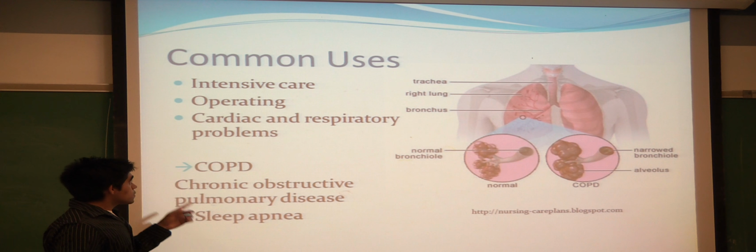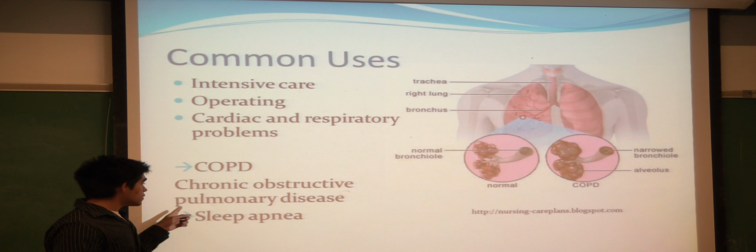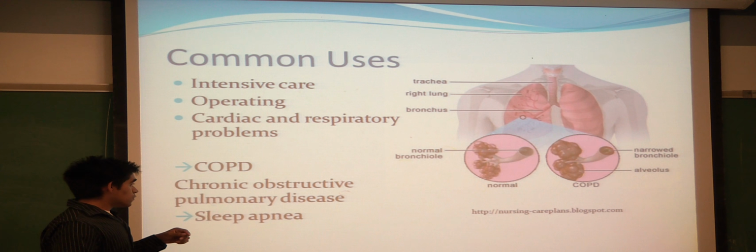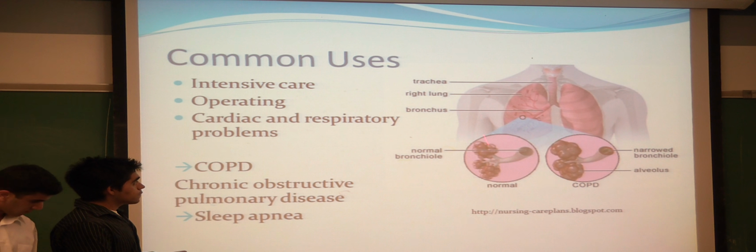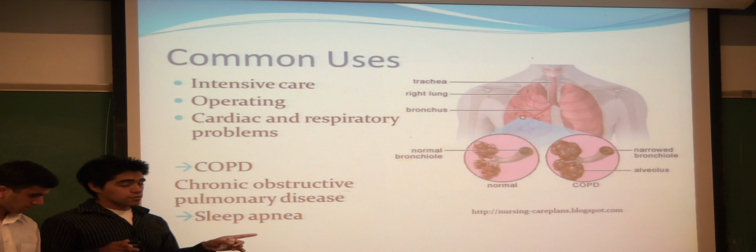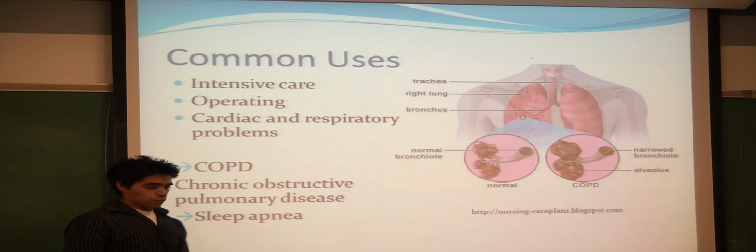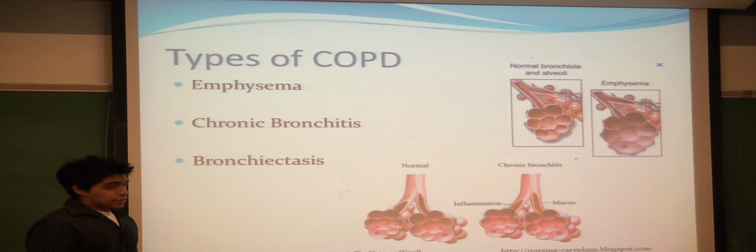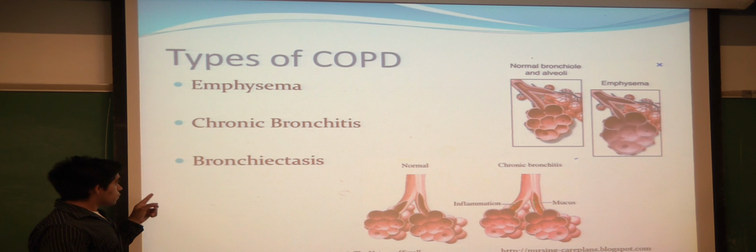In addition, it can also determine cardiac and respiratory diseases, and most notably chronic obstructive pulmonary disease and sleep apnea. So for you to understand a little bit about COPD, here's a quick image of the respiratory system. You have the trachea, which branches off into the bronchus, then the bronchioles branch off more, and then it eventually gets to the alveoli, where there's oxygen diffusion into your blood. Some types of chronic obstructive pulmonary disease are emphysema, chronic bronchitis, and